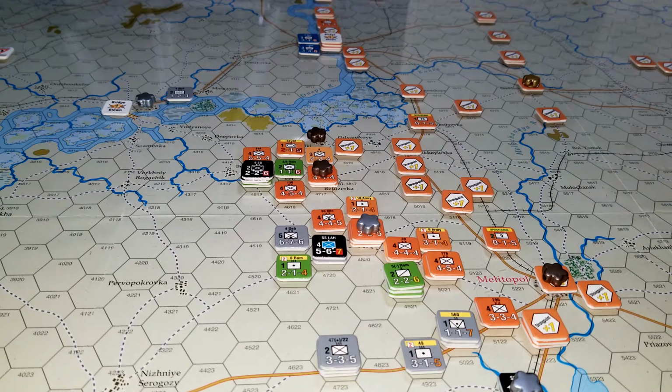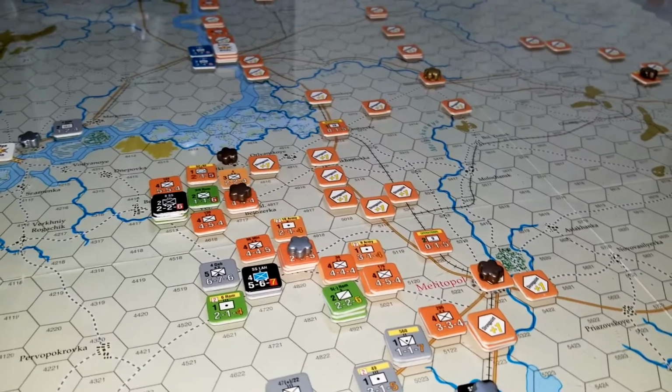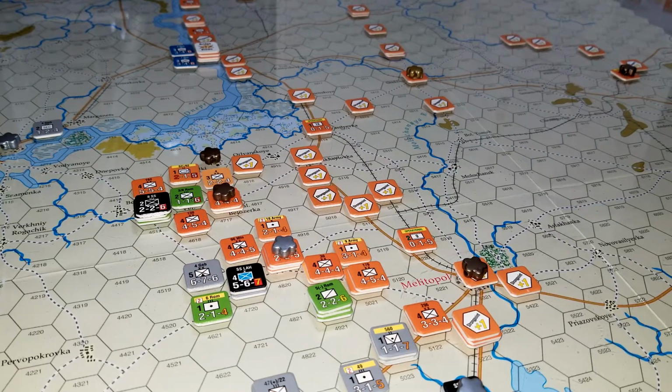All right, Axis air interdiction. Man, do they want to deal with those headquarters? I think they're going to have to, because the last turn they didn't. Nah, we'll leave the interdiction alone. I'm having too much fun with using close air support stuff. All right, so let's go with